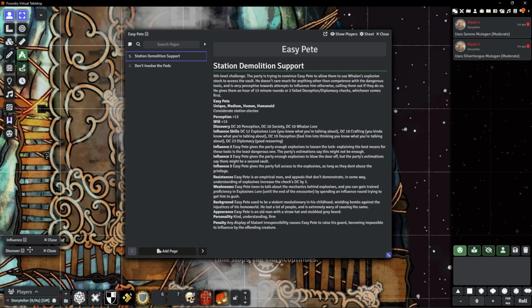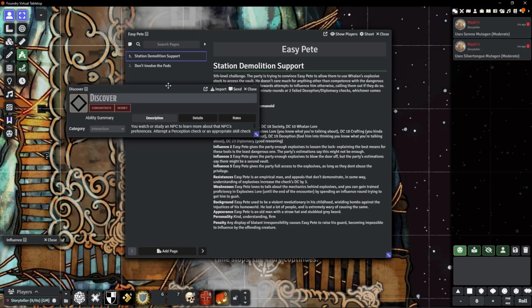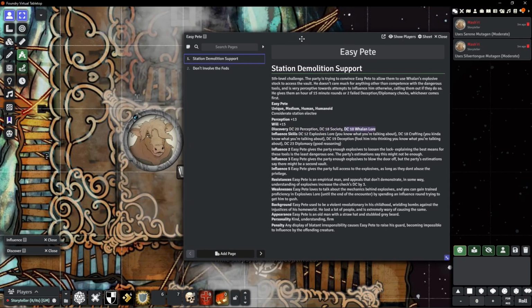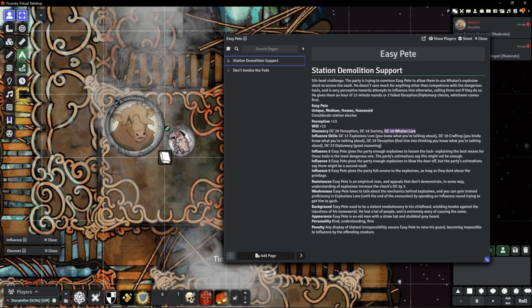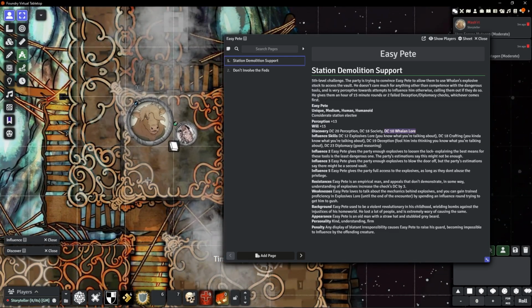Discovery, so being able to discover information about the NPC that can aid with building up influence. You can do with either perception. You can do it easier with society, or the easiest with Whalen lore, being able to understand the context of the city, the station, will, of course, give you a lot of information and understanding him. As for being able to influence him,